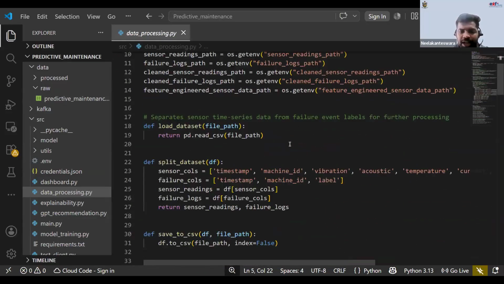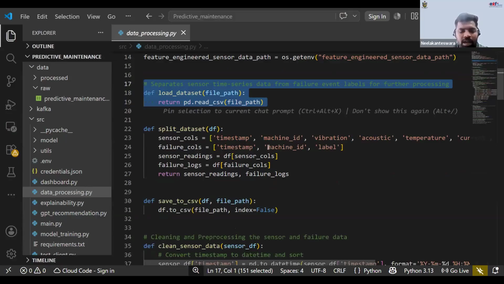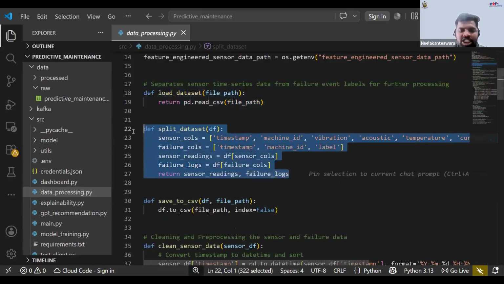And here I'm writing the method to load the data set from any path. If you mention any path, it can load the data set. And here I mentioned the code for splitting the data set. Splitting the data set is nothing but dividing it into multiple parts, but here we have divided it into two parts. One part is used for training and one part is used for the testing purpose.